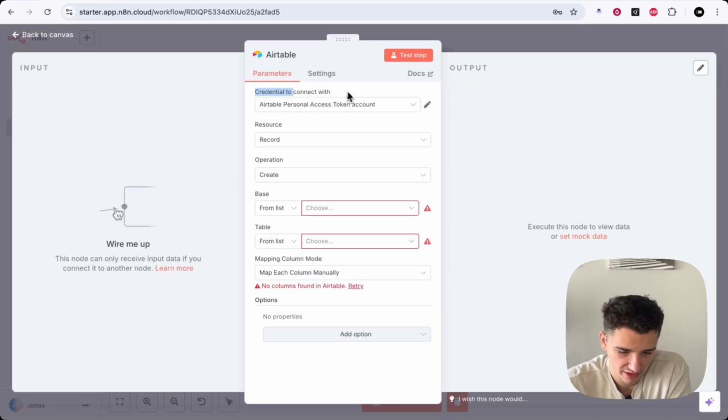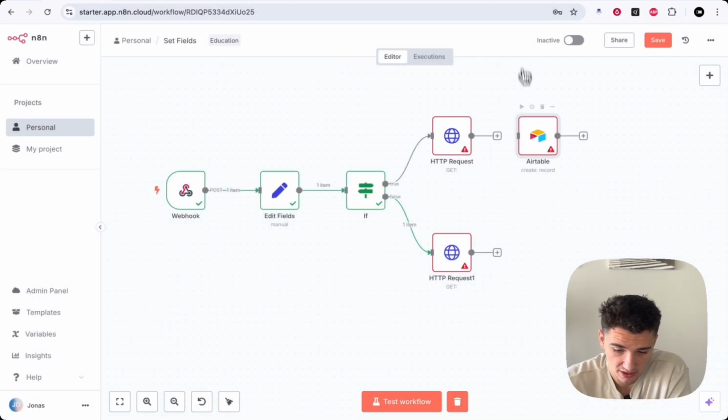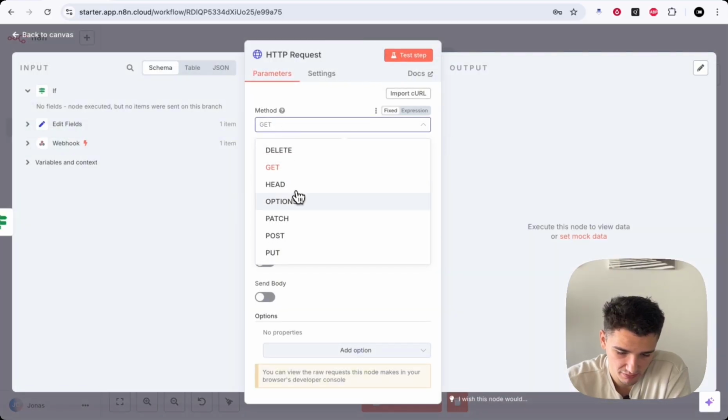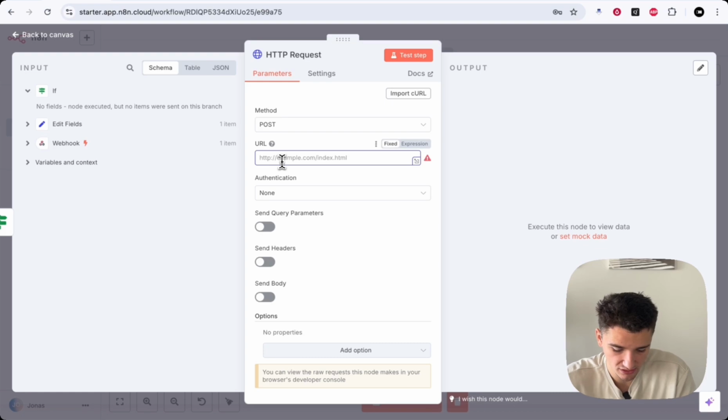So again, we have a credential to connect with, a resource we know is record, our operation is create, we've got base and table, and we've got mapping columns and everything like that. It's all laid out very easily for you. You can just select, drag and drop. But underneath all that, what's going on is we're sending a post request to something like